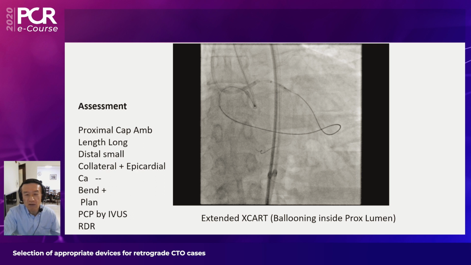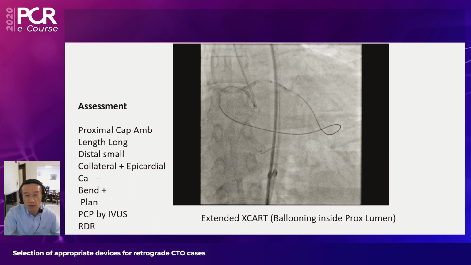So in this case, just balloon inflation over the proximal true lumen, not inside the CTO. The so-called extended reverse CART was attempted, but since you know that the antegrade balloon inflation inside the vascular lumen and a very stiff wire with the retrograde, after several attempts, probably you can reasonably expect that some kind of dissection and hematoma occur. If that extends to the more proximal portion, such as bifurcation as well as the left main,